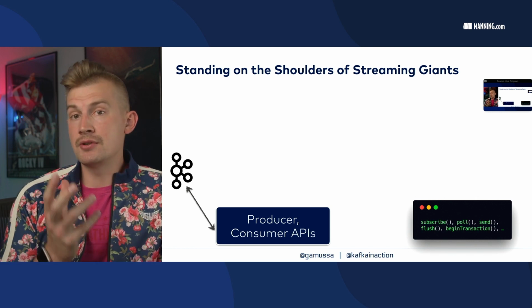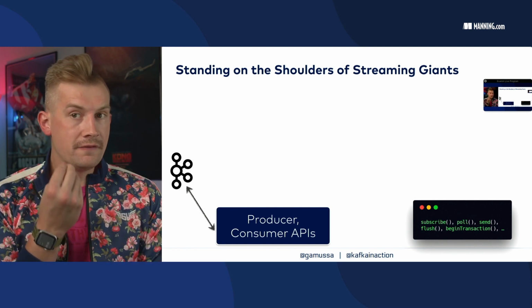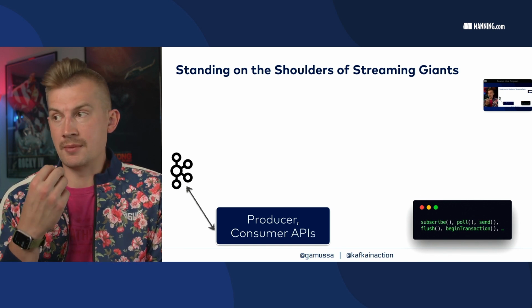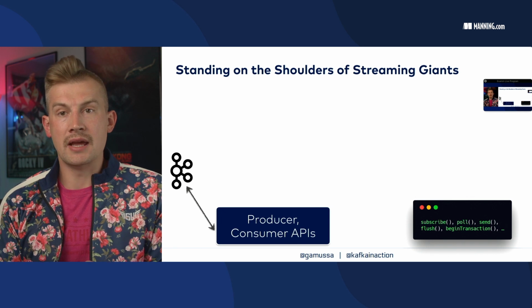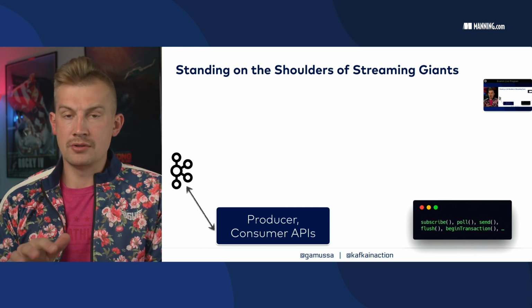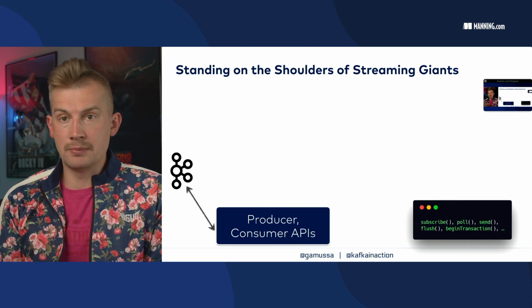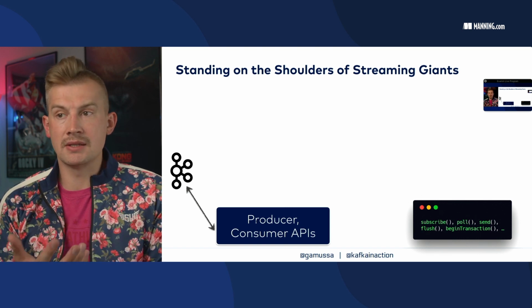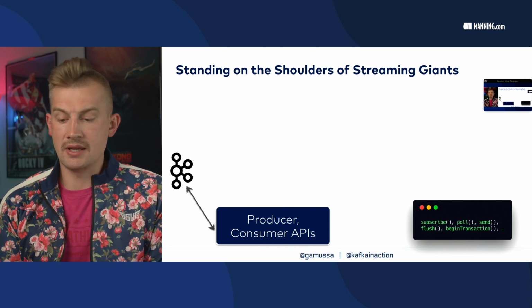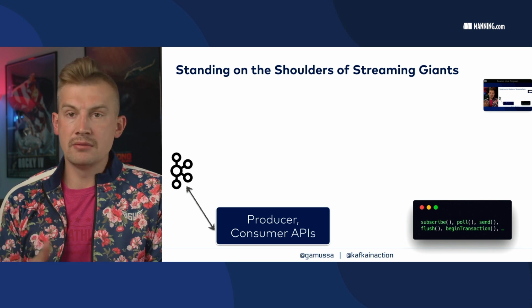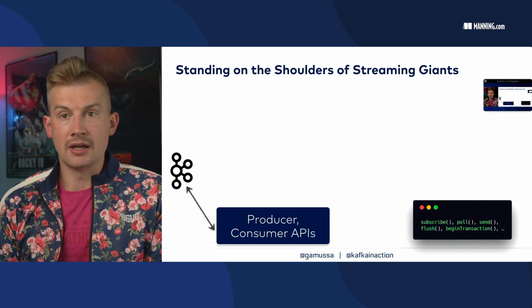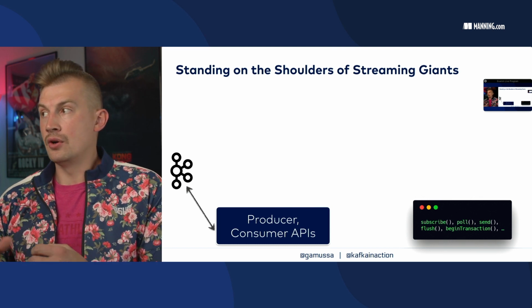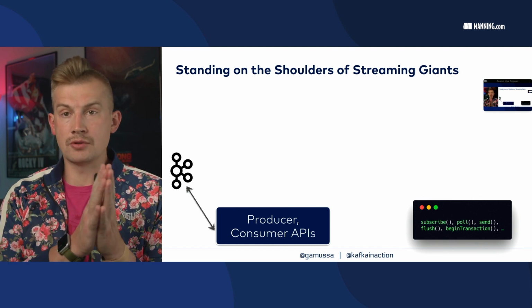So think about this: the producer and consumer as the foundational API. Think of it as the assembly language of Kafka. You cannot go lower than this producer consumer API. Of course, you can implement your own client and implement the Kafka protocol to understand this, but you need to deal with the messages on a very low level. So you need to know what to do with a message, how to properly handle